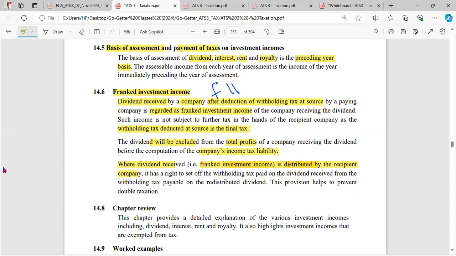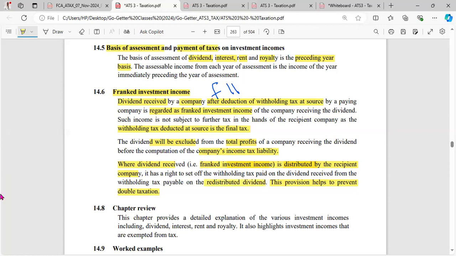So even if it is 900,000 that it is sharing, it is taking it as if it is giving them 1,000,000. It is going to deduct withholding tax from these shareholders in order to compensate for what it has lost. And this helps to prevent double taxation. So we call that one withholding tax on